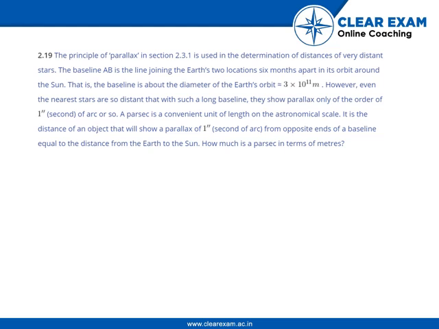The principle of parallax in section 2.3.1 is used for the determination of distance of very distant stars. The baseline AB is the line joining the Earth's two locations 6 months apart in its orbit around the Sun. That is, the baseline is about the diameter of the Earth's orbit, which is 3 × 10^11